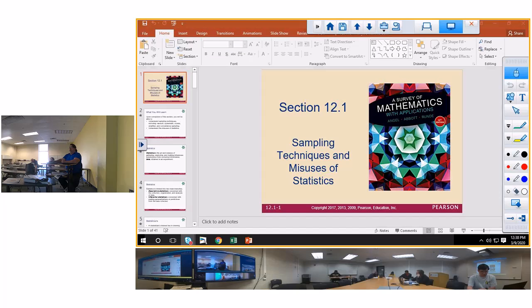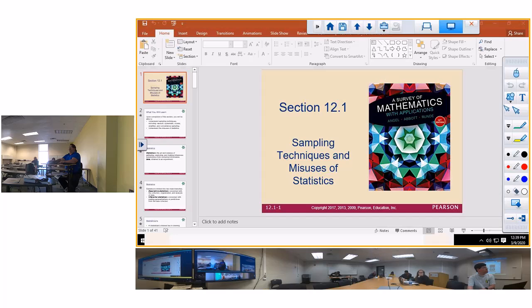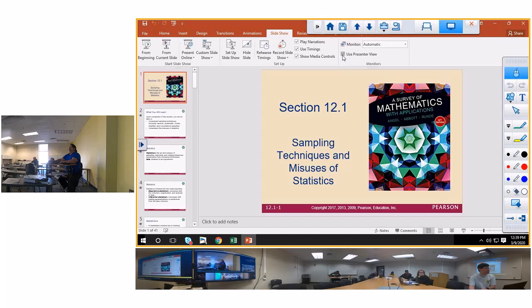So, first of all, y'all know how to do most of this. I'm trying to find my mouse. There it is. Most of y'all have done your test grades for the class since 6th and 7th grade. Y'all learned how to do your grade for the semester by what? Add them all up. So you've done this before. Now we're going to do all of it.